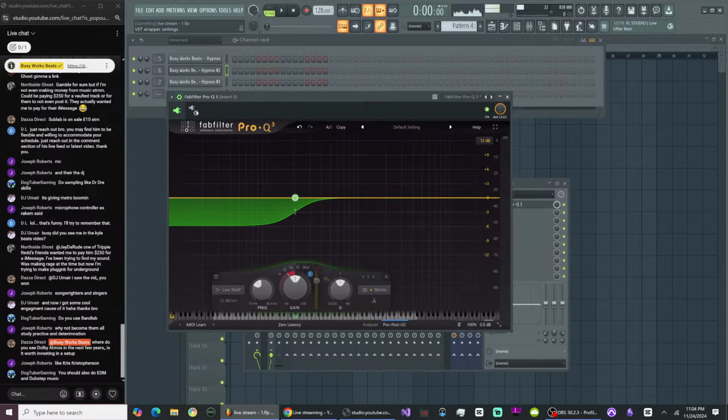Maybe that'll help me. Okay, so that's drill. Now let's find a sample. I'm gonna try to use stuff that's not major samples. On this computer I have nothing on here, so I gotta work with what I have. I think this one might work. Alright, so what I like to do now is drag my samples into the playlist. This gives me a lot more range to do stuff.